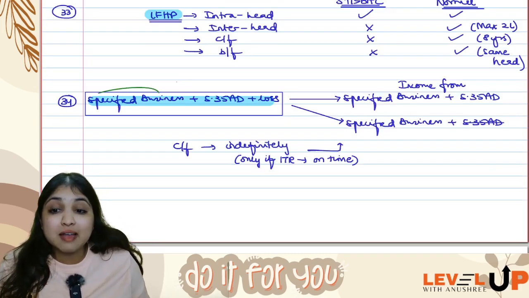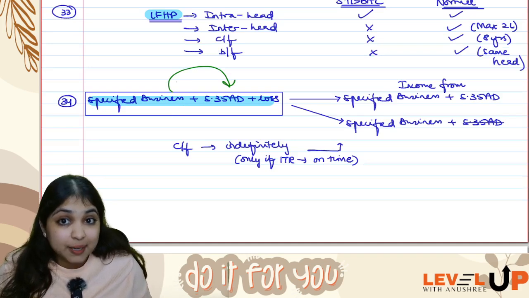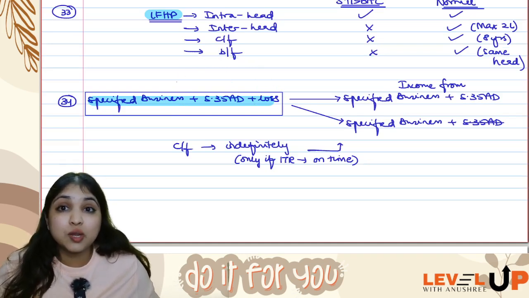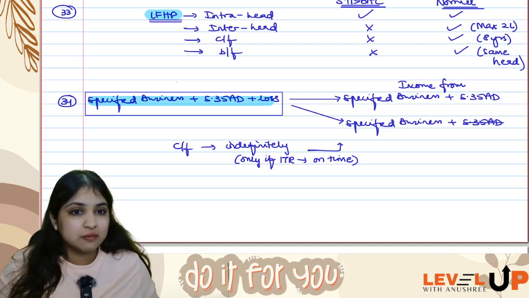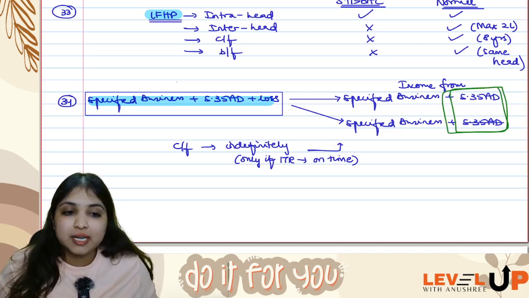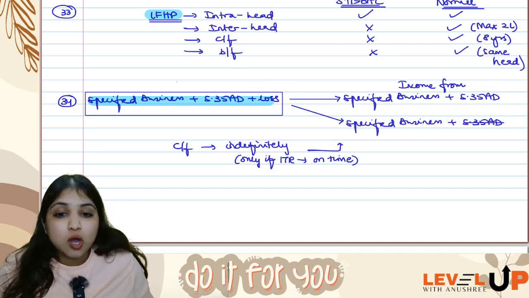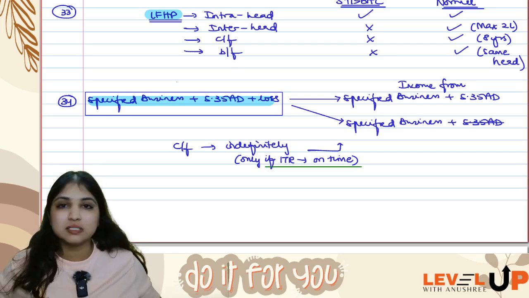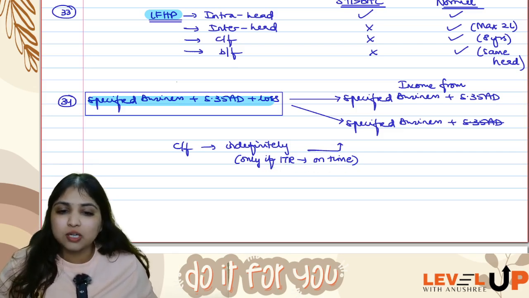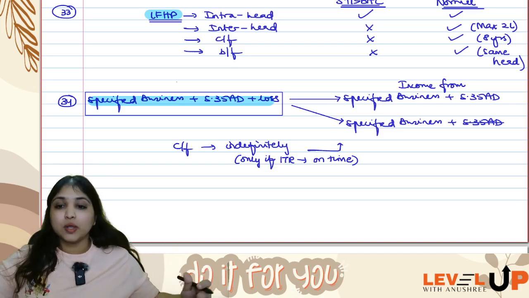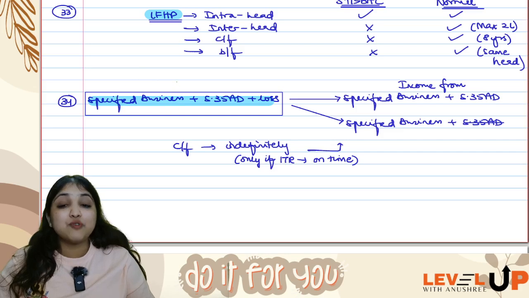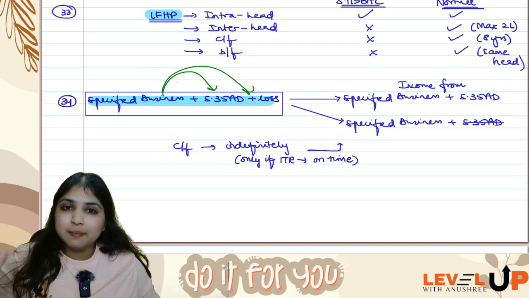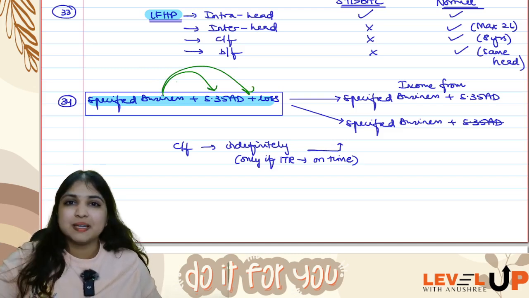Then, if the assessee is having a specified business for which the assessee is claiming Section 35AD deduction, and from that business he is suffering a loss, this loss you can adjust against income from any specified business. Whether I am claiming 35AD or not, it doesn't matter. This loss you can carry forward indefinitely, but only if the ITR is filed on time. If it is not filed on time, you cannot even carry forward, it will lapse. Okay, so if the assessee is having a specified business for which he is claiming 35AD, from this business if he has suffered any loss, this loss can be adjusted only against income from any specified business.